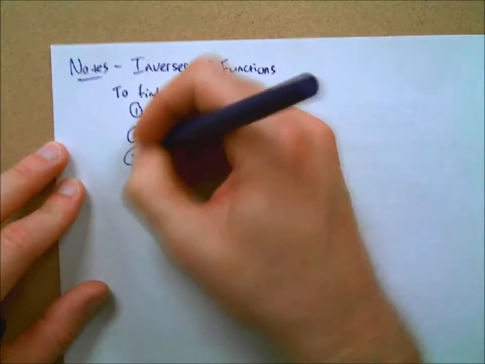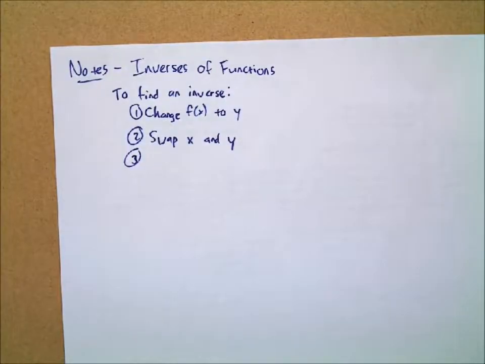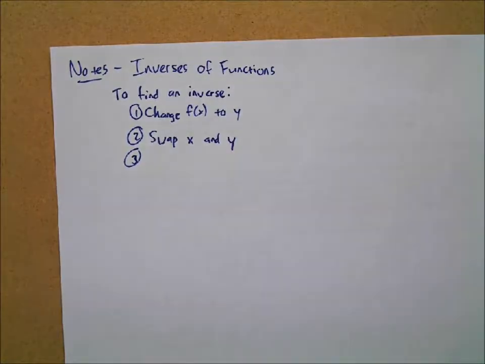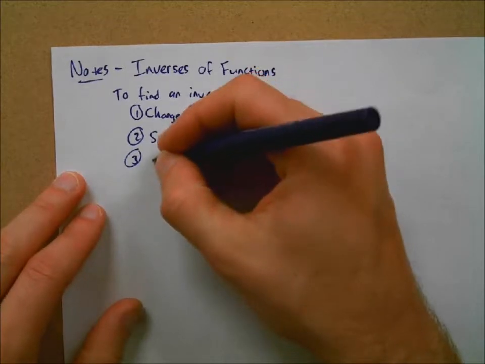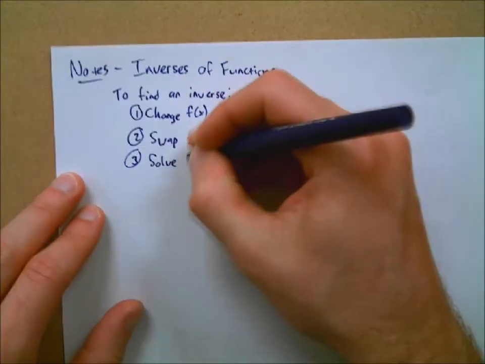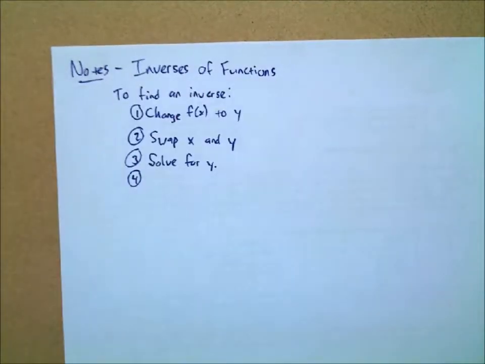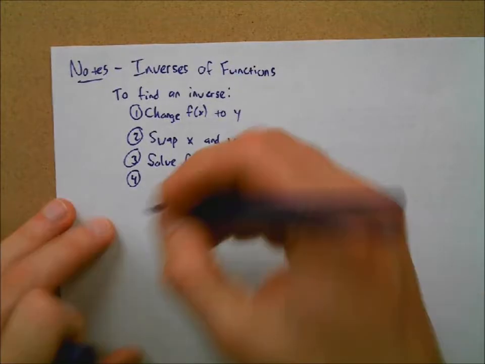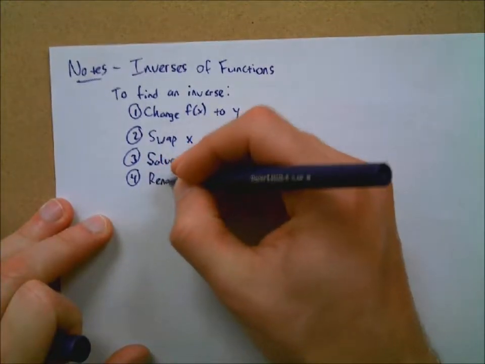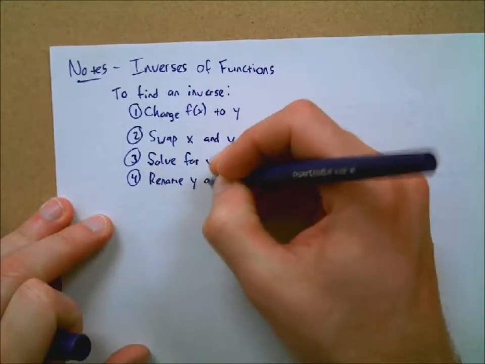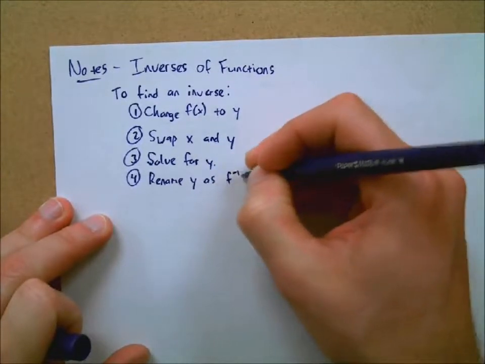The next step we should do is what? Solve for y again, because now y is kind of mixed in with the equation there. And so now we'll solve for y, get that y by itself again. Okay, and then that's kind of it, although really we should then rename the y again as f inverse of